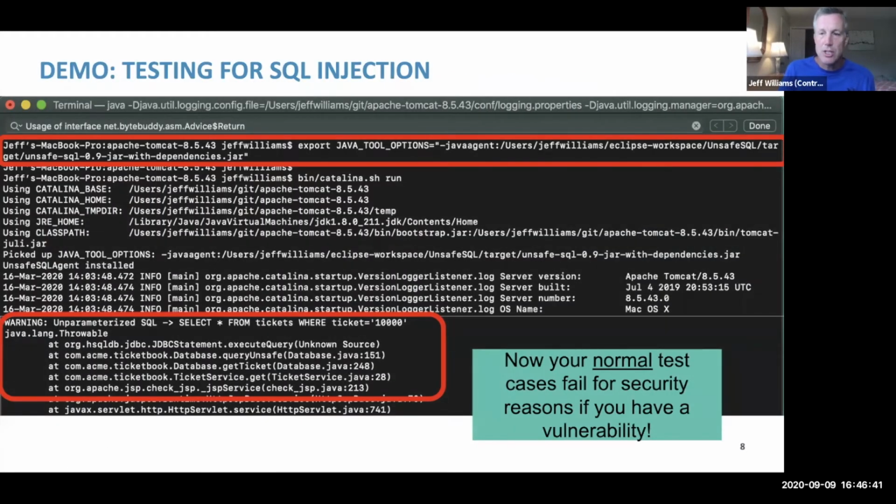When we run this, all you'd have to do is tell the JVM. I'm doing a Java example, but it works the same in other languages. Here, we just tell the JVM to use our little agent, this unsafe SQL jar, and the application will do exactly what we said. It'll print this warning. Here's the query, and this query is not parameterized. That means this 10,000 was user data, and we get the full stack trace. So we know exactly where to go replace that with a parameterized query and make it safe.